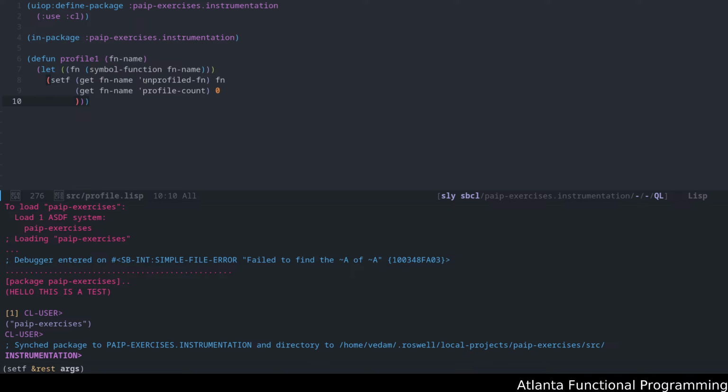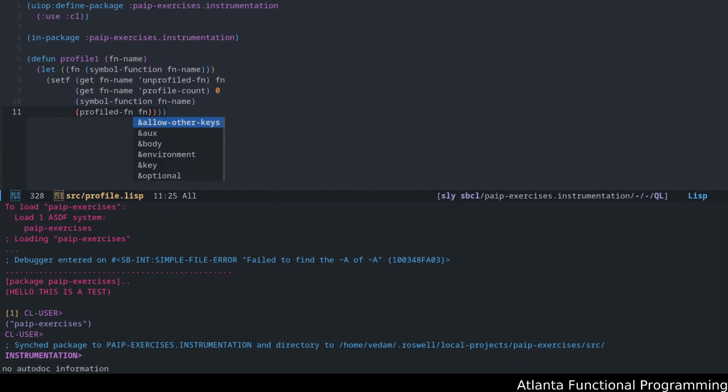And this is simply reassigning symbol function name with a call to profile function, and we'll define in a minute what this is going to involve. And we're going to call this with the function name and the function.